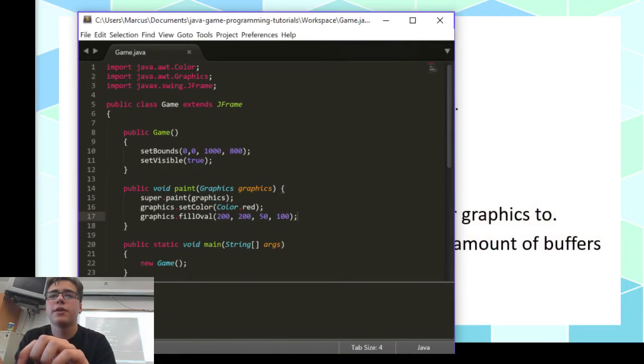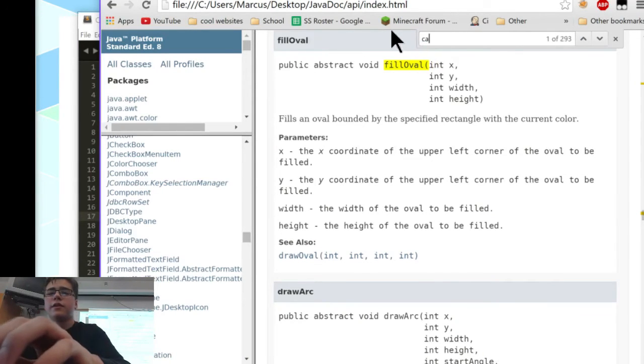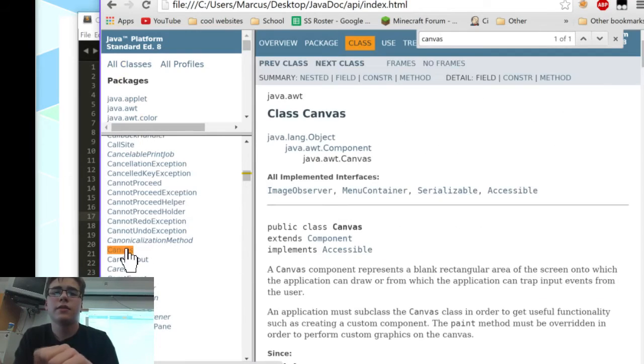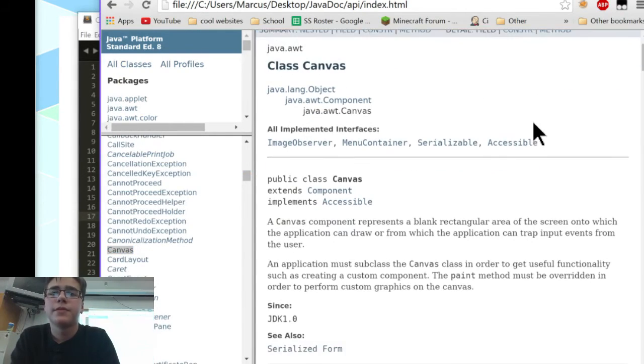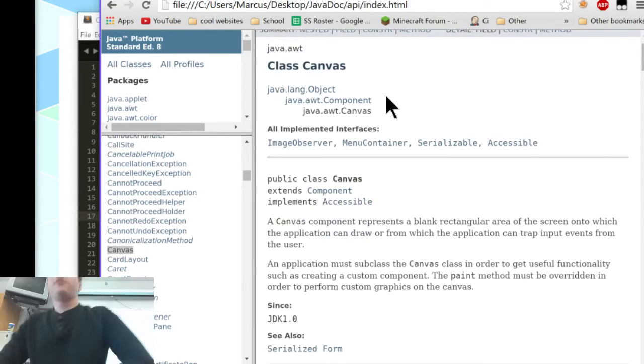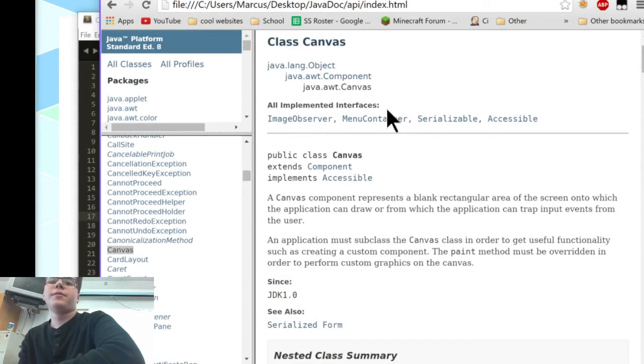Let me go ahead and bring up this. Let's bring up our Java doc. Okay, so let's go ahead and find Canvas. Here it is. So Canvas overrides something called component, and component is something we can add to a JFrame. So yeah, that's really all you need to know about that. The component is something you add to a JFrame component. And anything that says java.awt, just to know, is to do with the Java graphics library, JFrame library, whatever you want to call it.